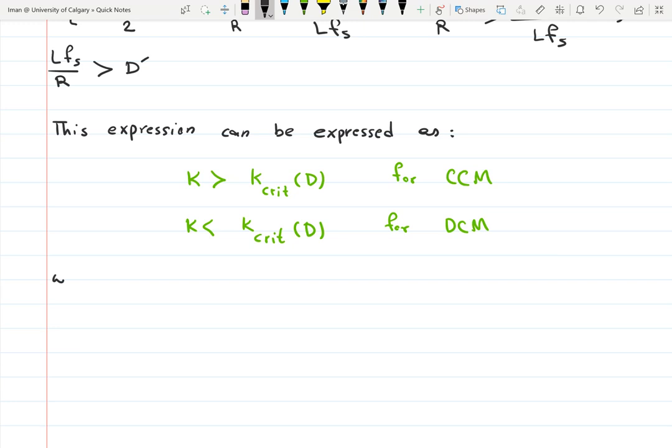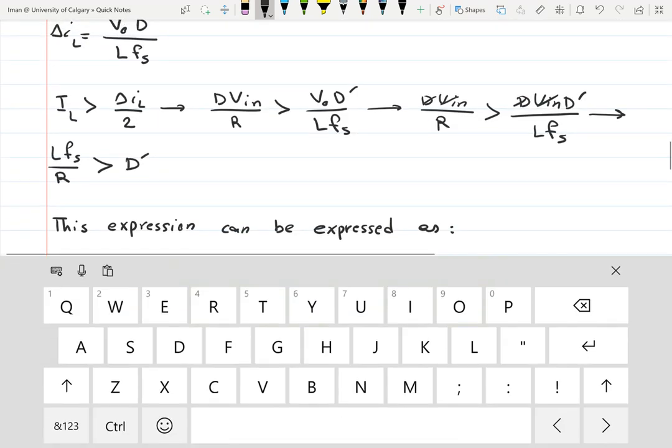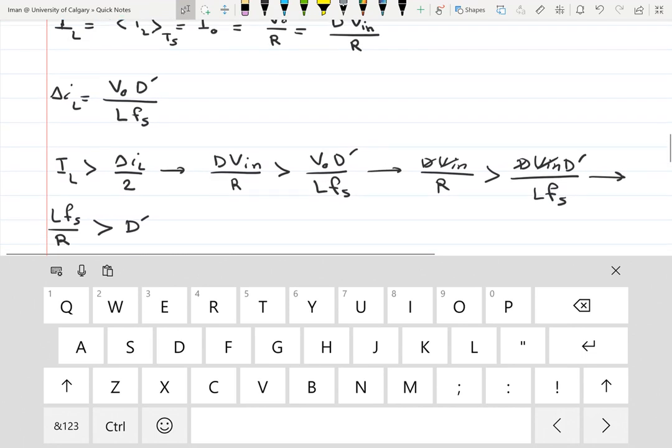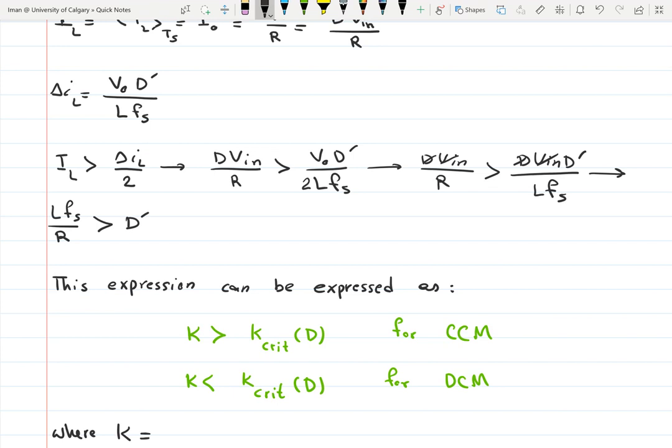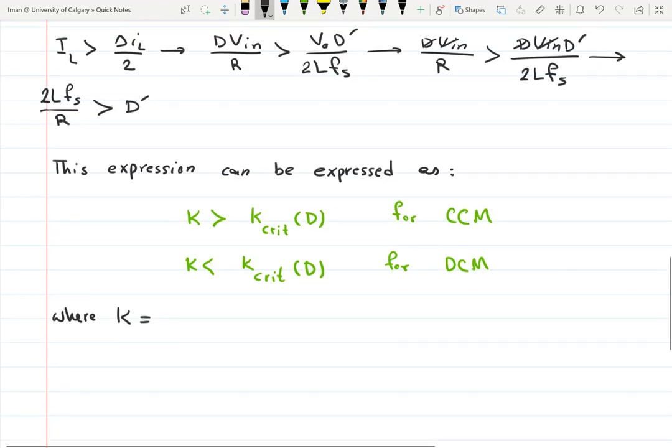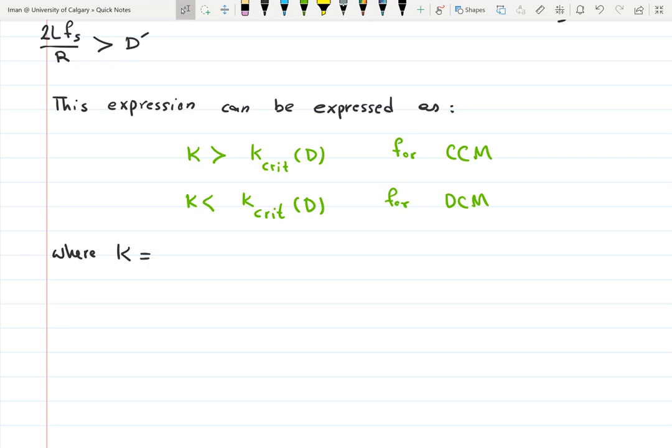Where K is equal to, oh shoot, I forgot to add the 2 here, 2 L F_s, yeah, okay, so K is equal to 2 L F_s divided by R, and then my K critical